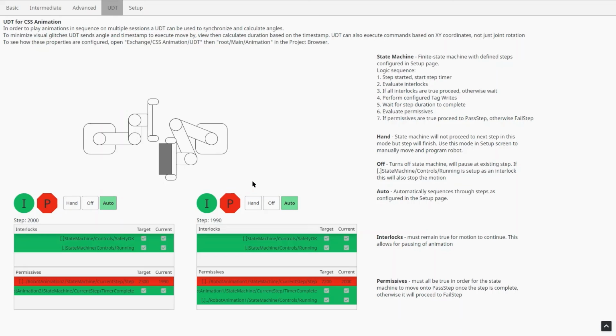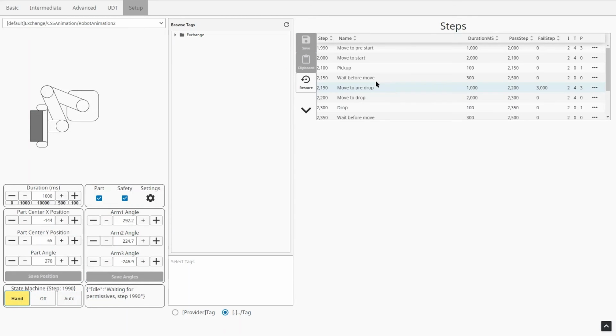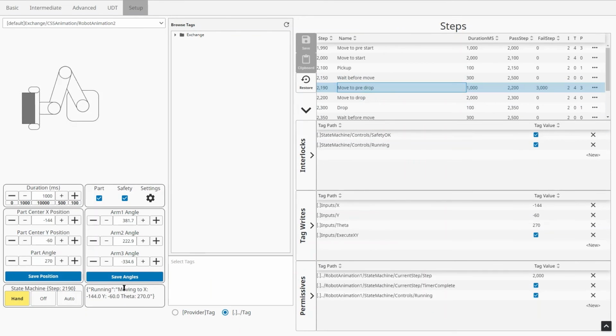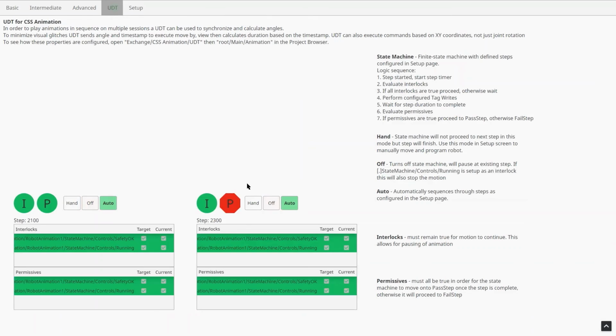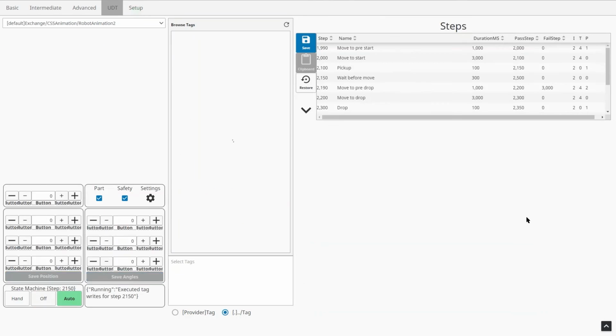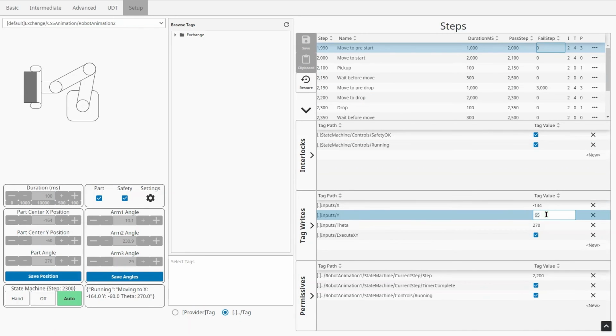And actually when I go back, because I was messing with the state machine, you'll see that it's in the locked position. If I go back to the setup, I have to put this robot in hand mode, then I can go to almost any other step. Go to this one, and then I can head back to auto, and it will resume running. Okay, and now you'll see that, yep, that's the step that I changed. And let's change that back to 60. Okay, so that is save.